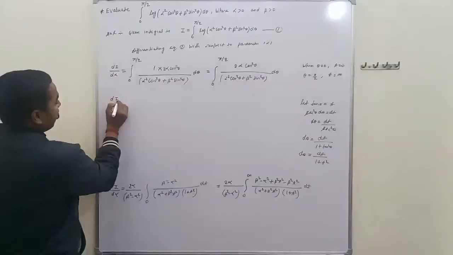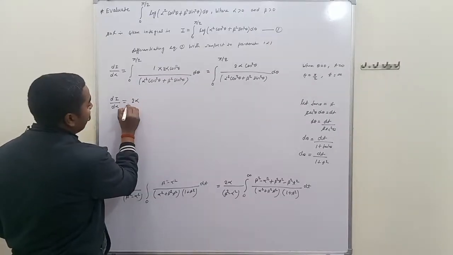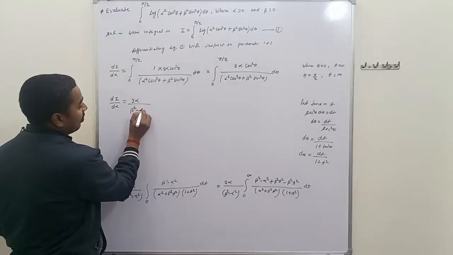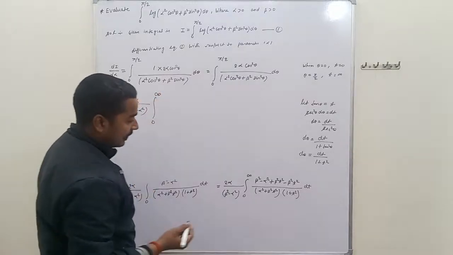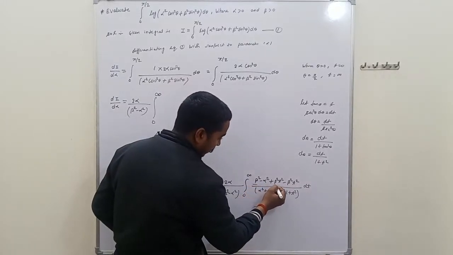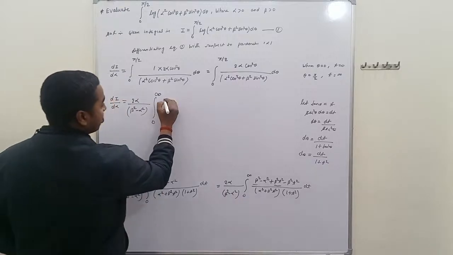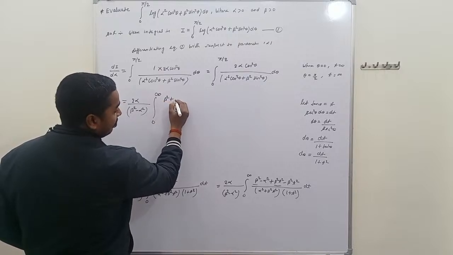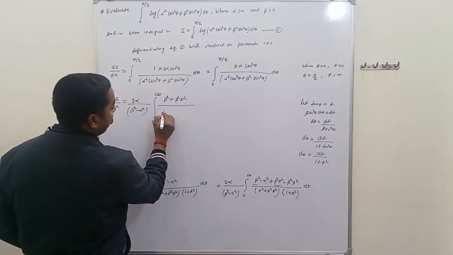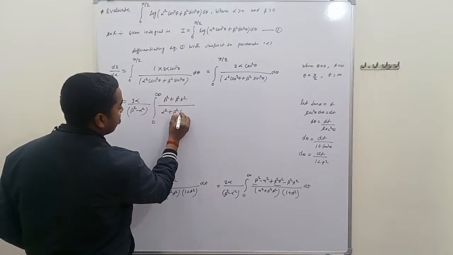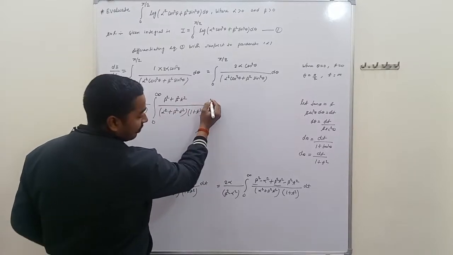That is, di upon d alpha is equal to 2 alpha upon beta square minus alpha square, and the integral limit is 0 to infinity, taking beta square and beta square t square in one bracket, upon alpha square plus beta square into t square, and another bracket is 1 plus t square, and this is minus